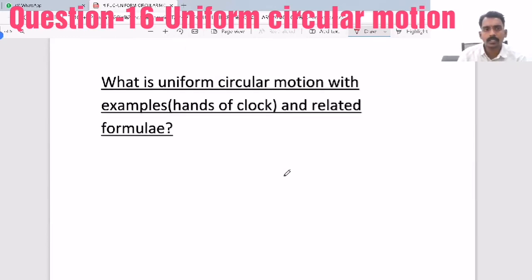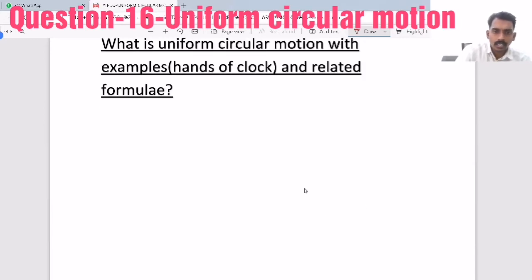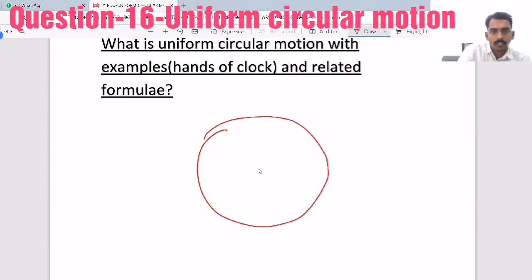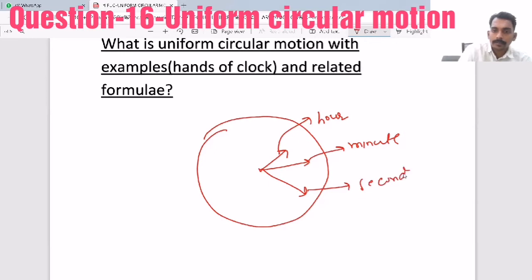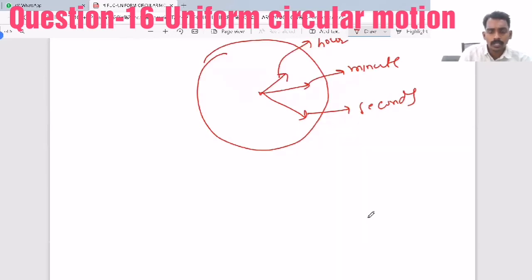Now, let's take a few examples. Consider the clock. There is an hour hand, a minute hand and a seconds hand. Let's take this as the hour hand and this as the minute hand. Now this is the seconds hand. In the case of the seconds hand,